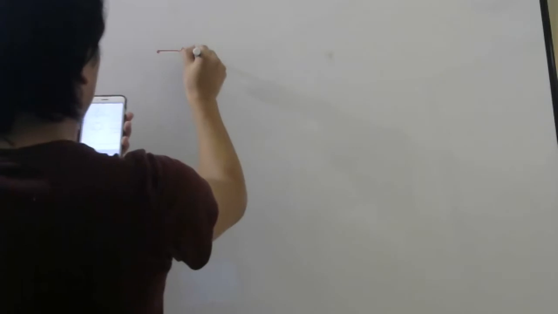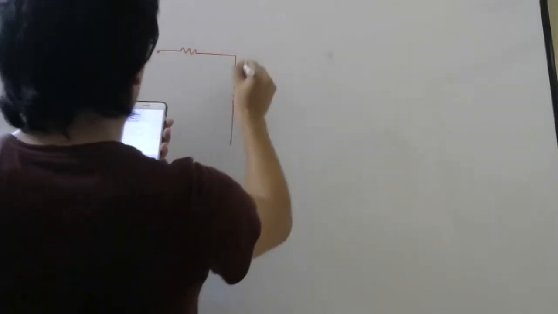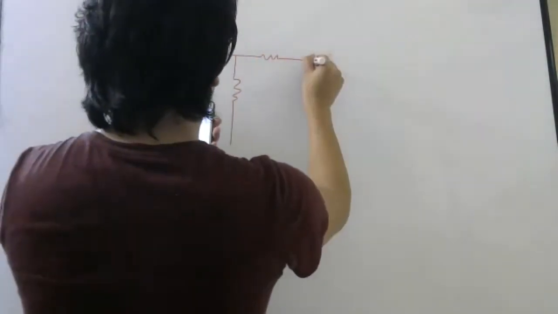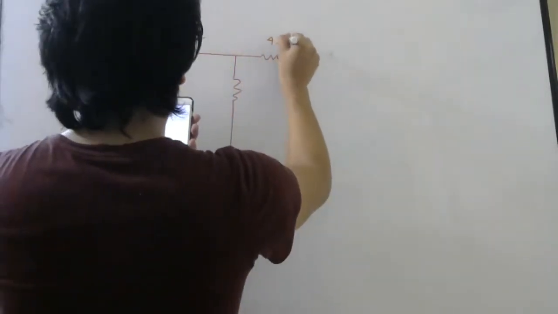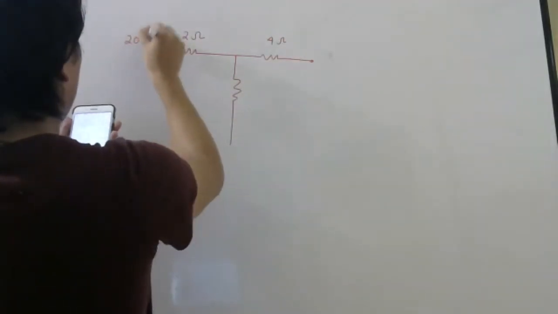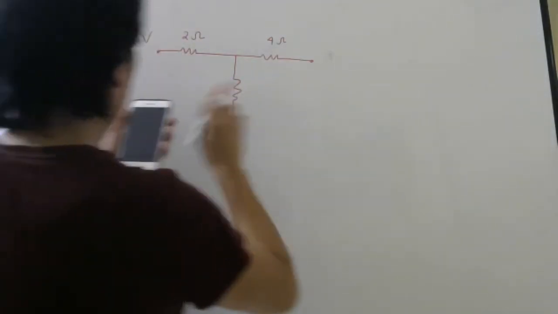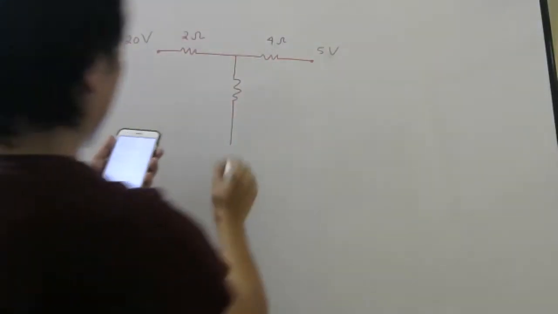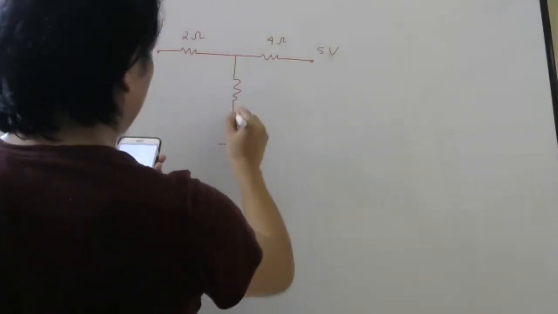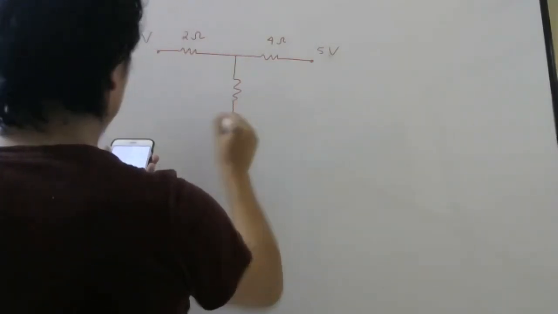Okay, wait, there is one interesting question. Look here, in the same column, last part you see. Here is a resistor, here is a resistor, here is a resistor, this is 2 ohm, this is 4 ohm, here 20 volt is applied with respect to ground, they should say. Here 5 volt is applied with respect to ground, they should say, and this is grounded. There is a switch here and that switch is closed.